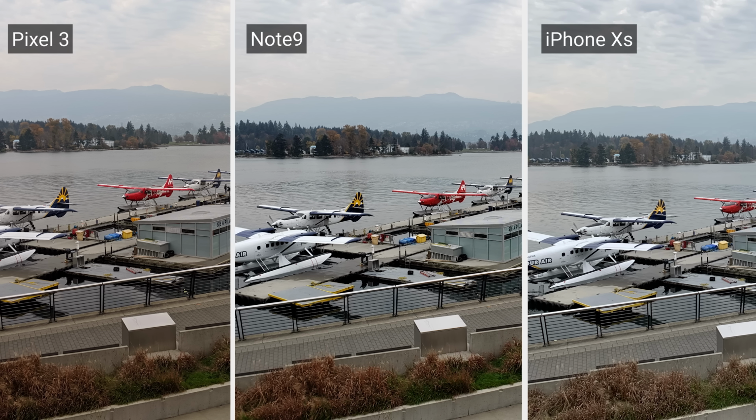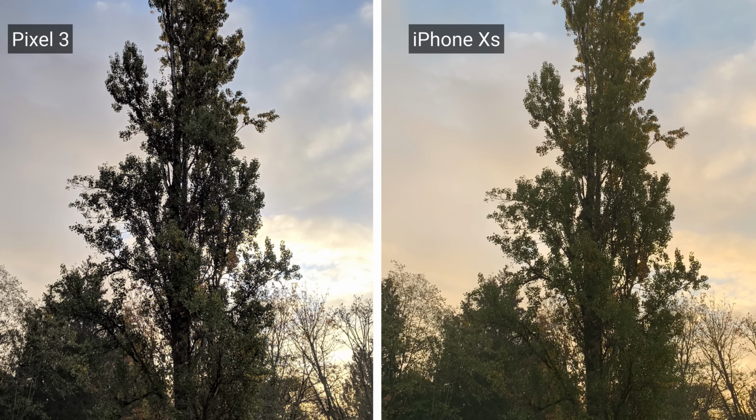Which I guess leads us pretty well into the camera. It's good. In fact, it's great. There are cases where the iPhone XS nails it, but there are other cases where the Pixel 3's camera makes the iPhones look like it was designed by the same folks who calibrated all the TVs at your local Best Buy. I think calling this anything but a toss-up is probably not being fair to the strengths of either one,